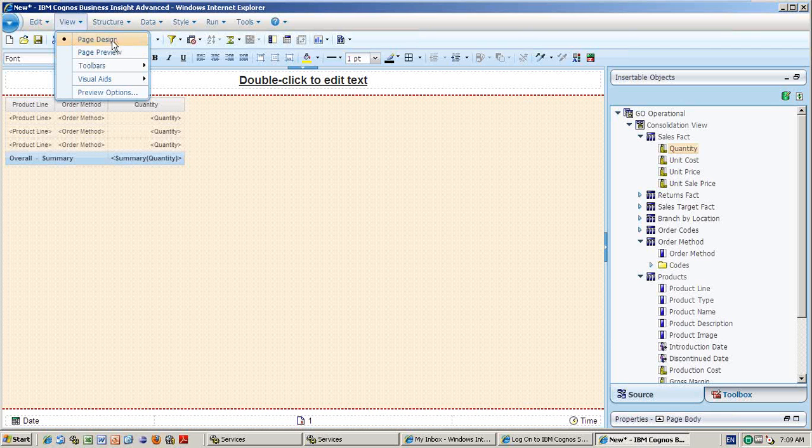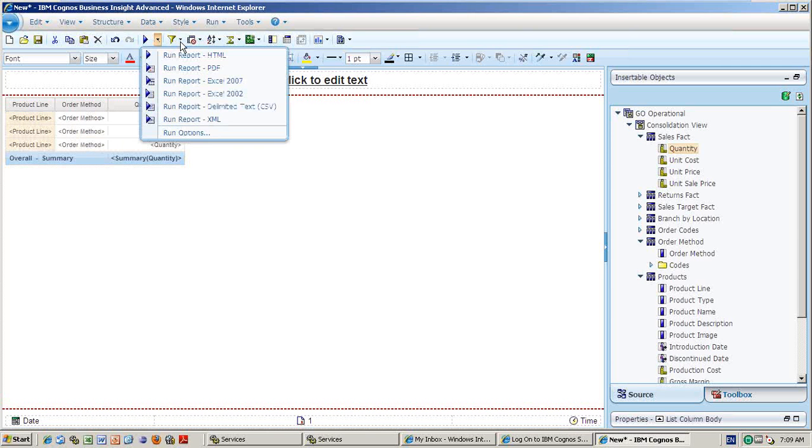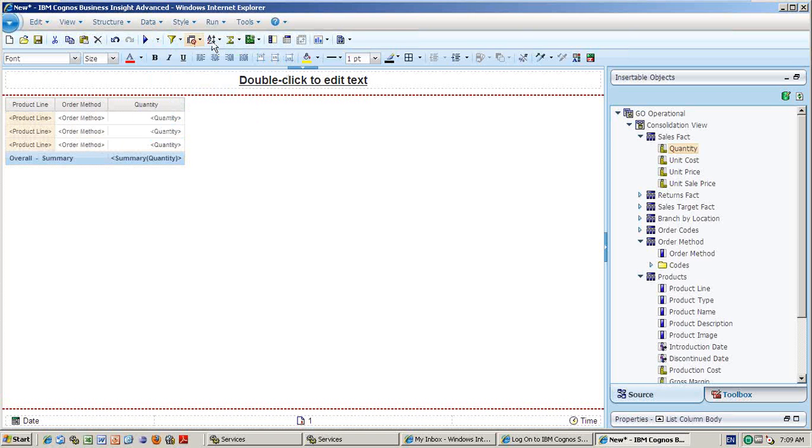So page design will act as Report Studio, and page preview will act as Query Studio. That's the basic difference. After that, everything is the same. Say for example, product line, you are running the report in different formats, and if you want to filter, suppress, sort, give summarization, calculation, grouping, sections, swapping the rows and columns, and charts, everything you see in Report Studio or Query Studio is the same.